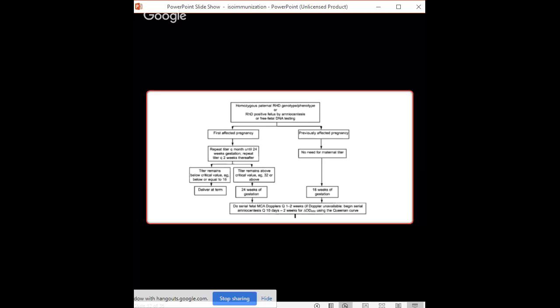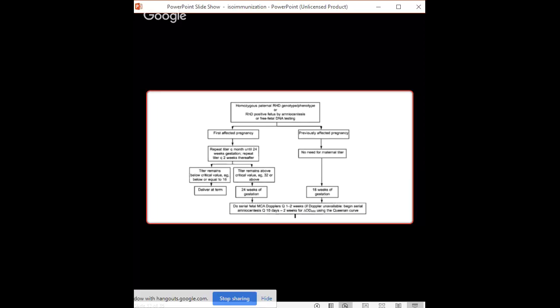And when they say repeat titers monthly until 24 weeks gestation, the titers they're talking about is the indirect Coombs test. And if your titers remain low or below the critical value, which is below or equal to 16, you can deliver at term. However, if your titers remain above critical value, that is 32 or above,